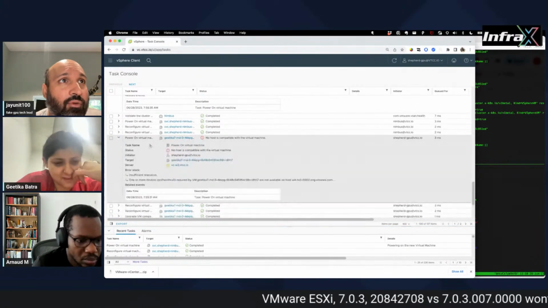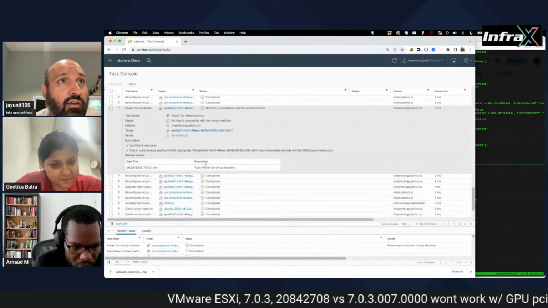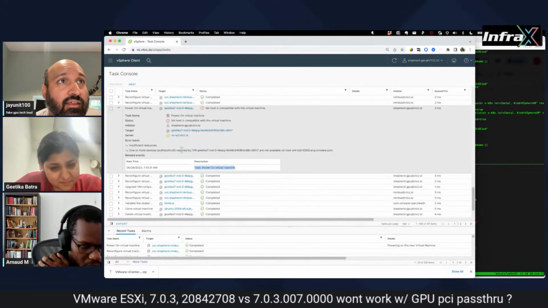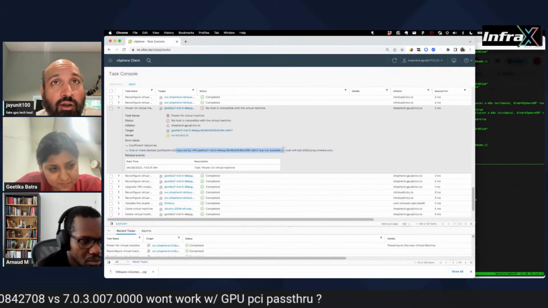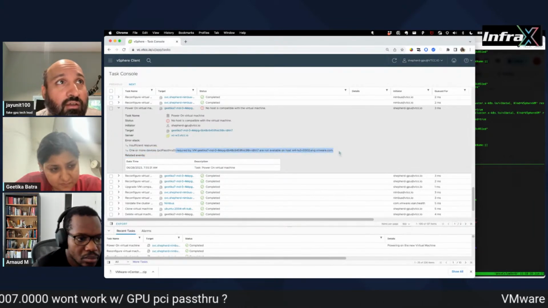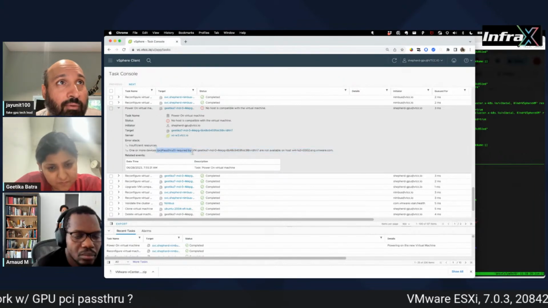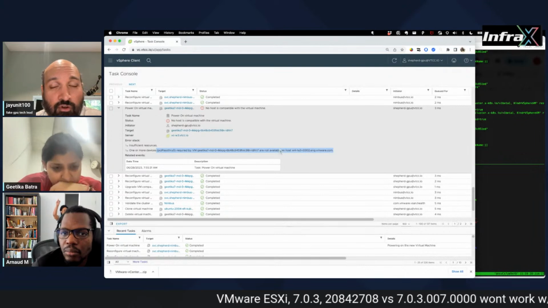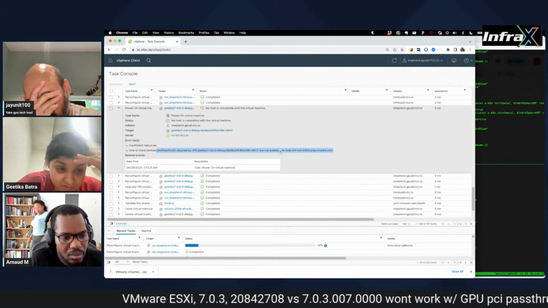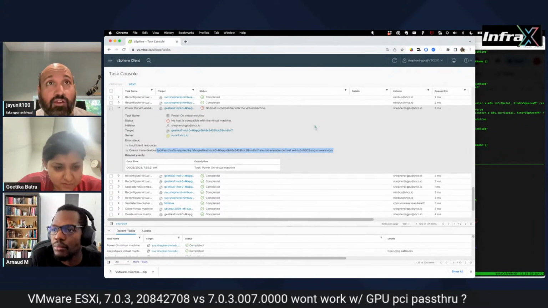When that happens, the host that DRS has decided it wanted to put this machine on, at boot time, vSphere decides there's no compatible host. And this is interesting to me because I'm looking at this and I'm like, well,